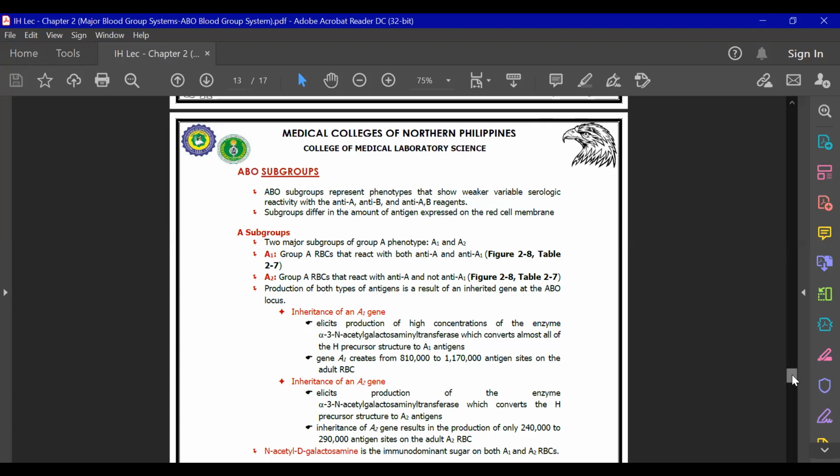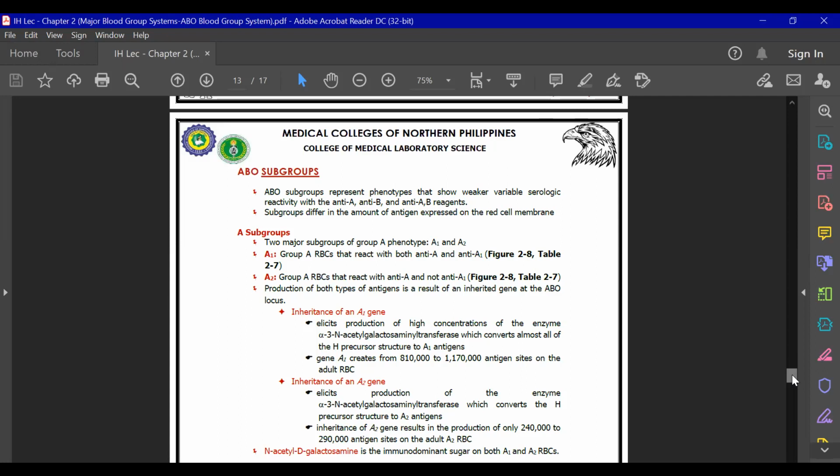So your A1 red cells has the highest number of your A antigens, followed by your A2, followed by your A3, and then followed by AX, and then the fewest, who has the fewest A antigen, you have the AL, A subscript EL, small letter EL. So again, I repeat,